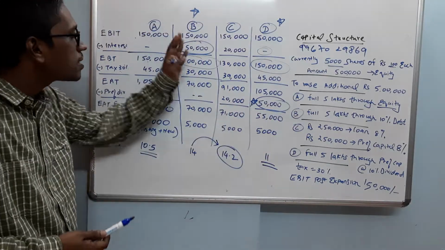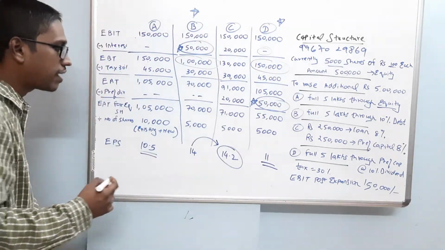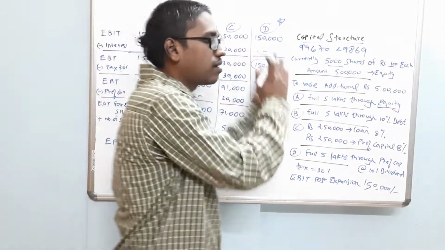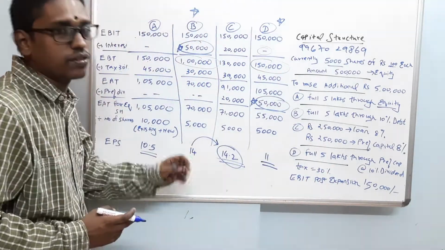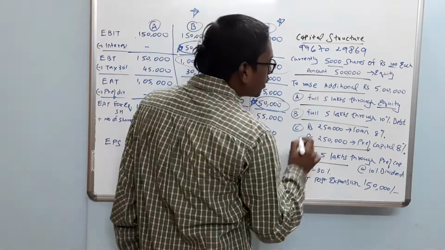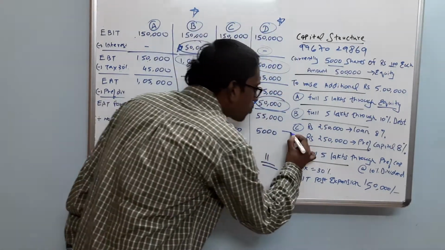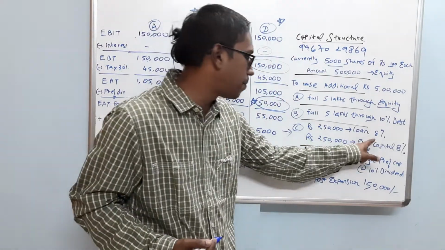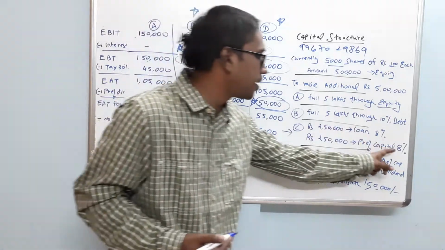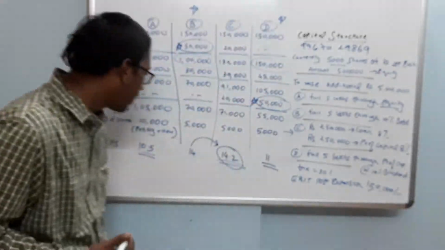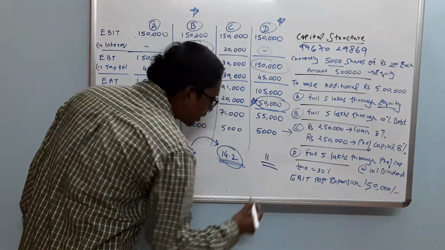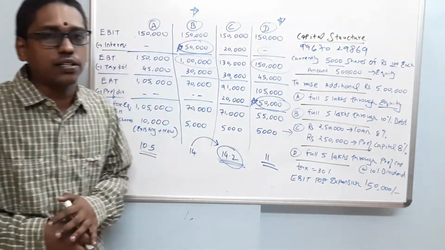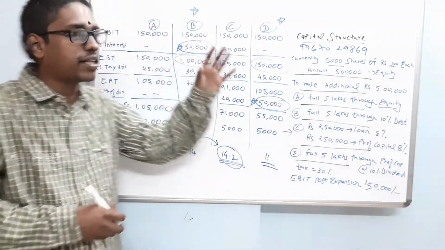So when I compare A, B, C and D, the earnings per share is highest, that is 14.2, in option C. So under this given situation, we can conclude that it is best for the company to raise 5 lakh using option C, wherein 2,50,000 the company will take a loan or take debentures at 8%, and the balance 2,50,000 at 8% through preference capital. Thereby, it is able to provide the highest possible earnings per share of rupees 14.2. This is one method wherein we consider the highest EPS to decide on the capital structure.